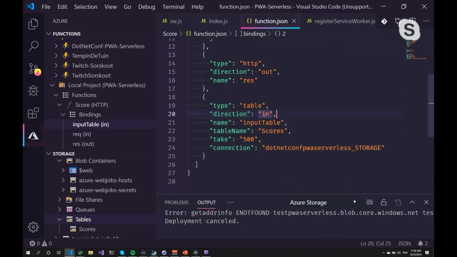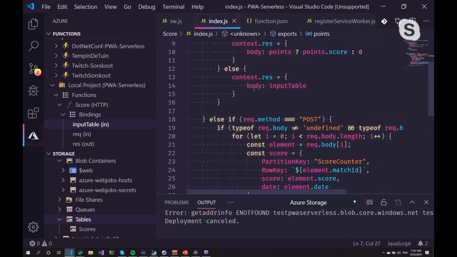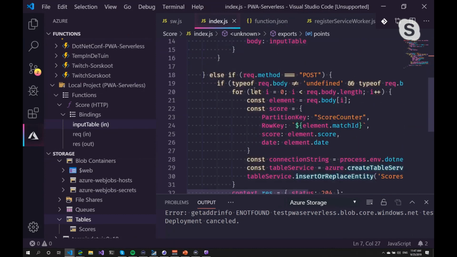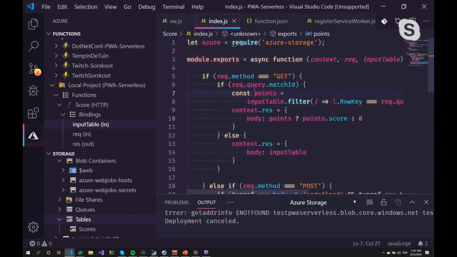Now, I was planning on doing an output binding as well, but again, it took me a while to figure that out. It didn't work, and there is a difference between the JavaScript version and the C# version. In C#, you should be able to use the output and update data from there as well. In the JavaScript version, you cannot update your data. You can only add data or remove data or get data. And I wanted to get data if I request some data from the function.